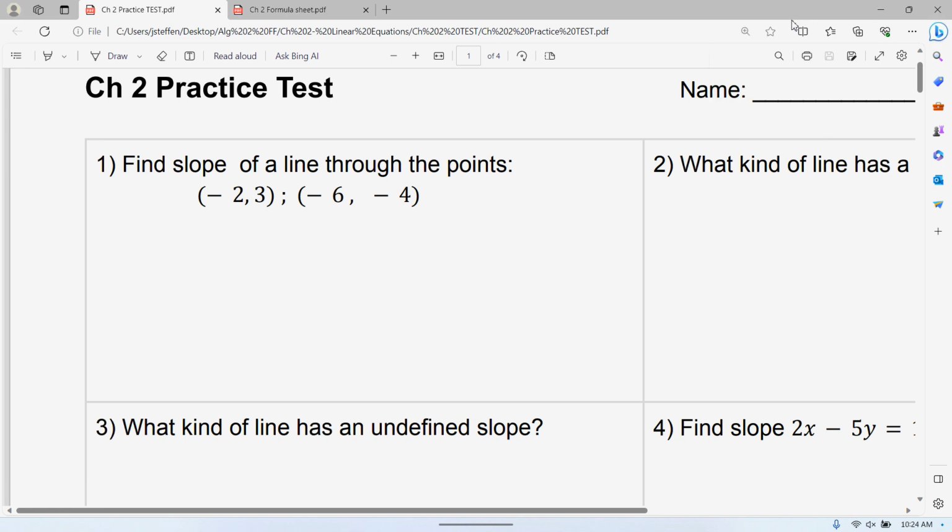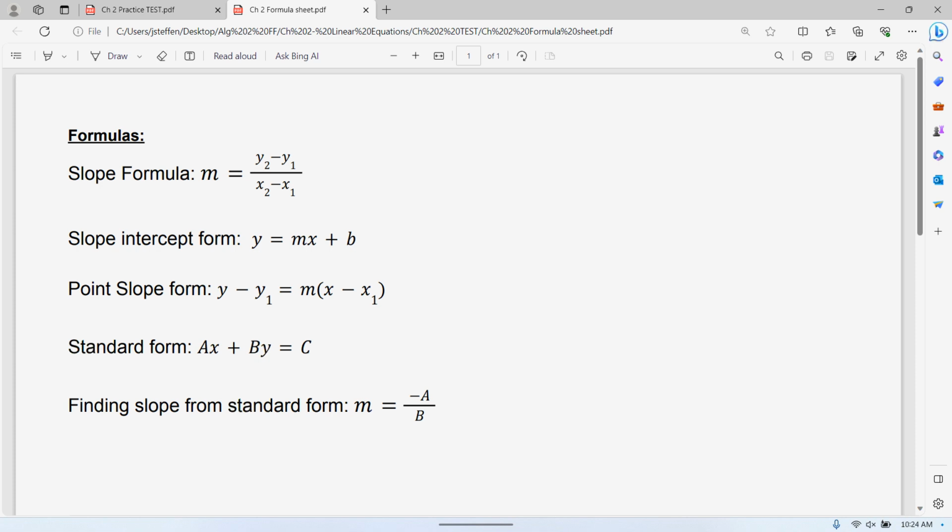This is the practice test for chapter 2. Before I start this, I just want to make sure I go over real quick, this is the formula sheet you will get. So we have that slope formula, slope-intercept form, point slope form, standard form, and how to find the slope when